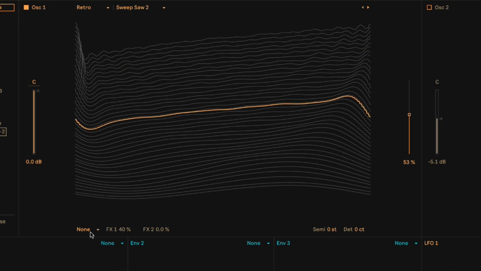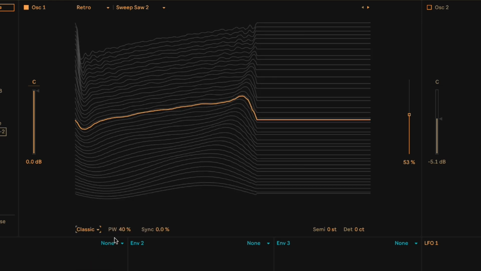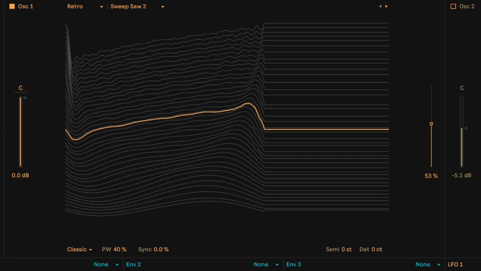But instead, what I'm doing is putting a pulse width on it. And this is apparently from sort of old school synthesis. And I'm going to take that LFO1 off. And you can hear